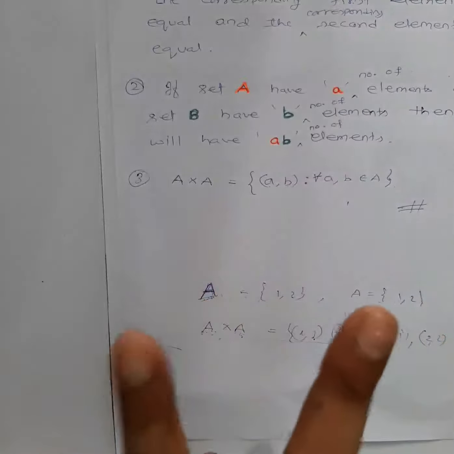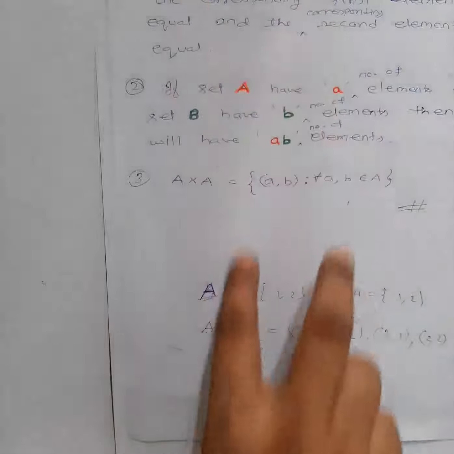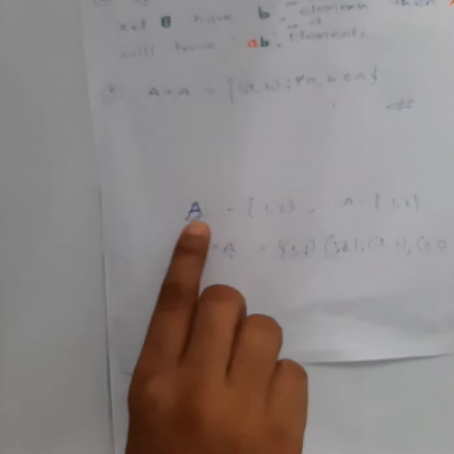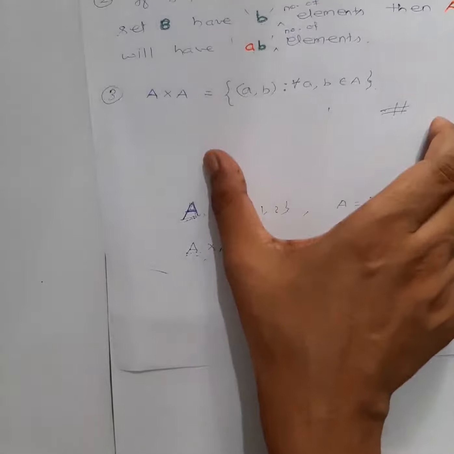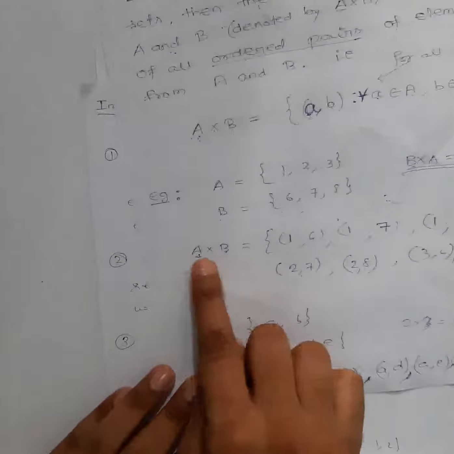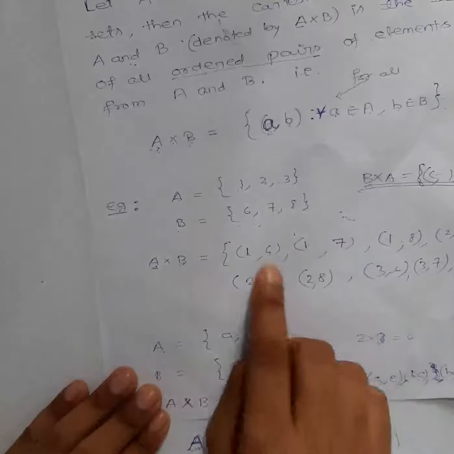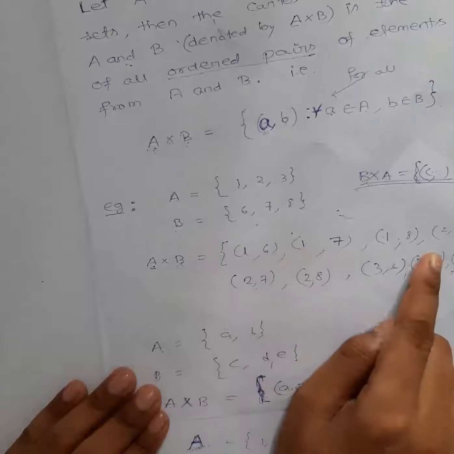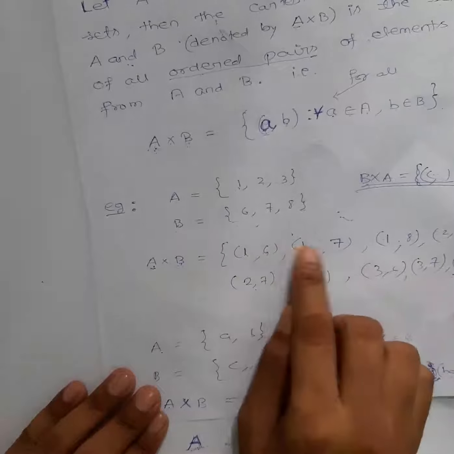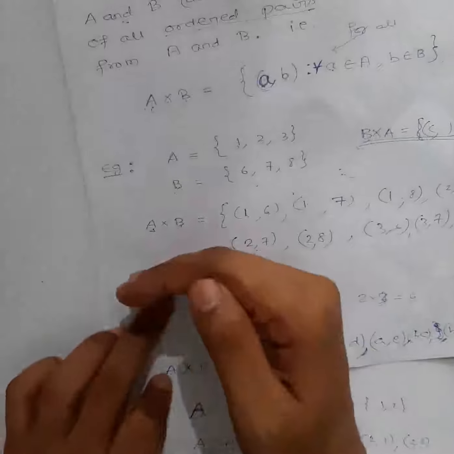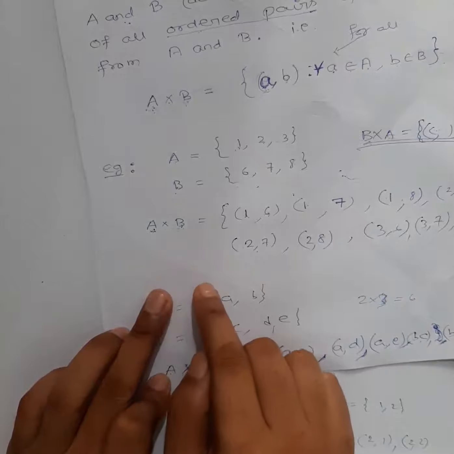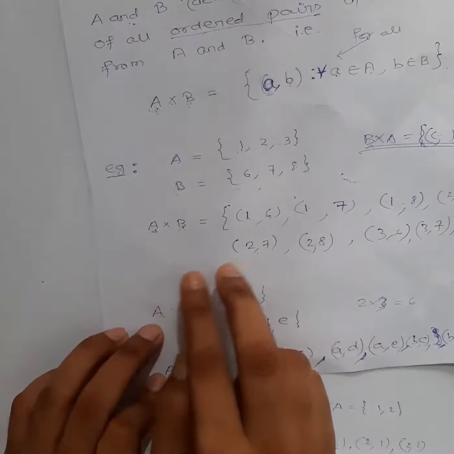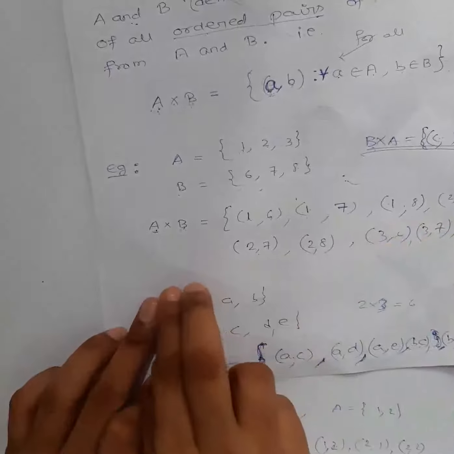Now, relation: what it will be, I told you, right? Whenever there is a relation, pairs must be there. That's why we first discussed how to write down those pairs. If you have a set, we have written down all possible pairs, right? Now you cannot see the relation. For example, when I write this set's Cartesian product, here I have written all the pairs, but we don't know whether they have a relation or not. We didn't discuss relation here, right? Whether 1 and 6 have a relation or not, whether 1 and 7 have a relation. When they give you some relation, they say for example that the first element must be bigger than the second element. This is the relation, right? Then we will select those elements from here which will satisfy that relation.